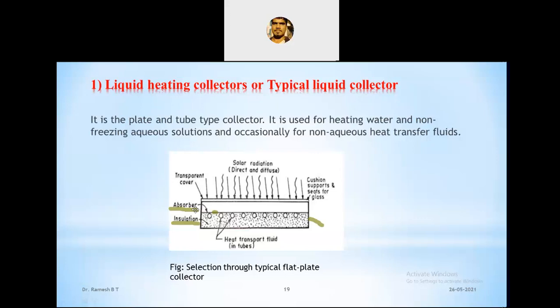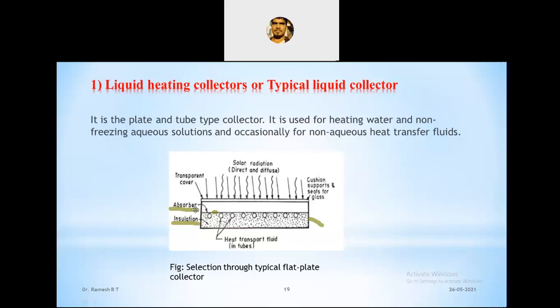And it is coated black. Of course it is coated black because black absorbs complete radiation, just to increase the absorption capacity, so the metal is coated with black paint. Usually the black coating is done with a chemical treatment. For more effectiveness, we go with a chemical treatment. Selective coatings, which allow maximum absorption of radiation and minimum emission, are applied on the